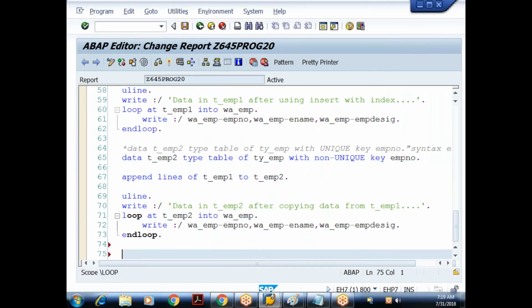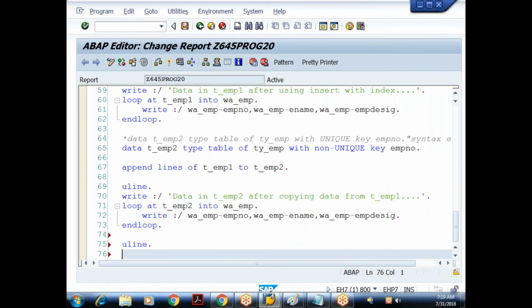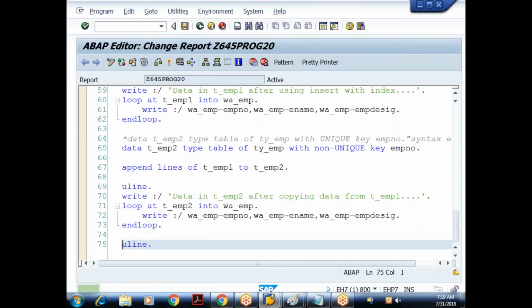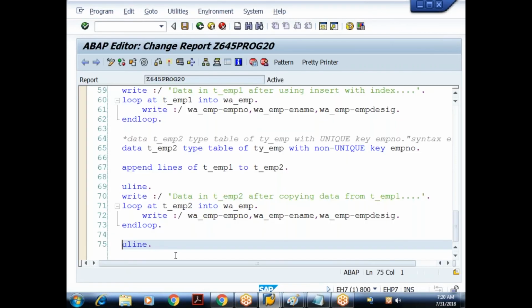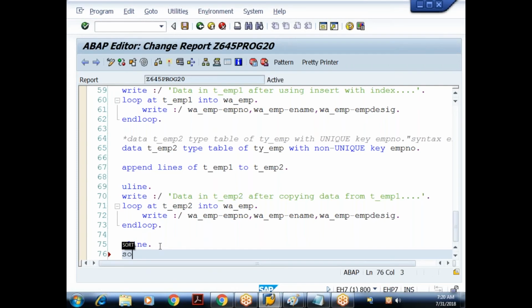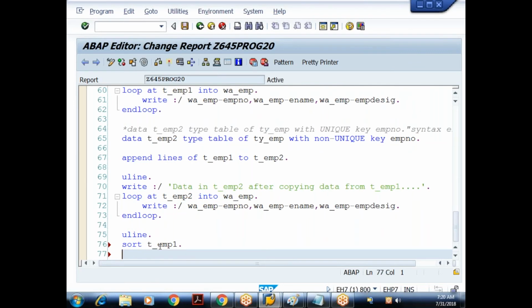Now, see this, try to understand. Once again, see what is the data in T_EMP1? This is the current data in T_EMP1. Now on this internal table, I'll try to use the sort statement. Sort T_EMP1. What is the purpose of the sort statement?